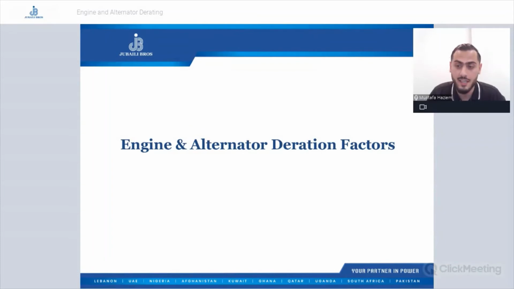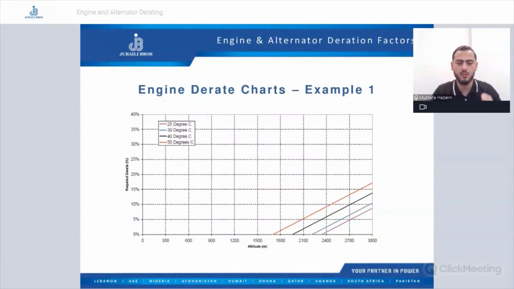Now, how do we get the derating factors from the charts and tables that we have? For engines, it usually comes in the form of charts, all right? So this is an example of how a chart looks. It shows us the relation between temperature, altitude, and the output of the derating factor, how much the derating percentage will be. This is quite a good engine because at 50, the orange line indicating 50 degrees Celsius,